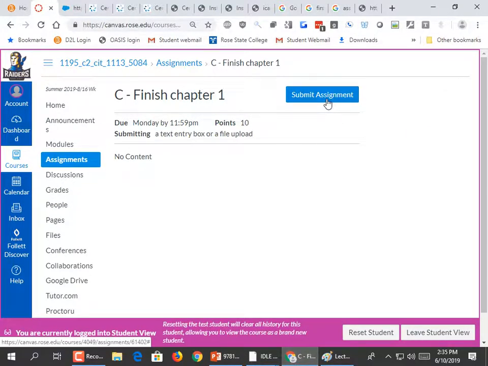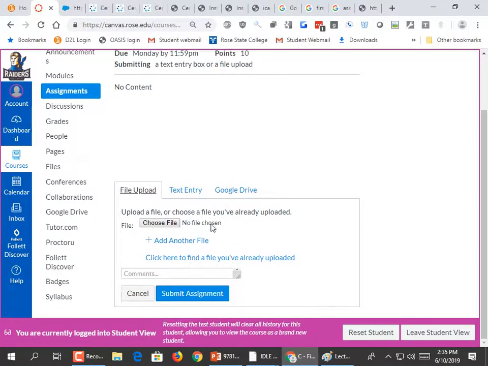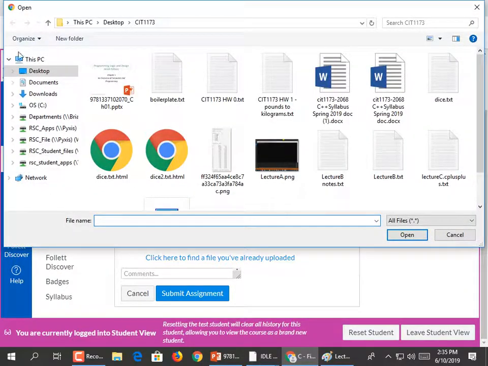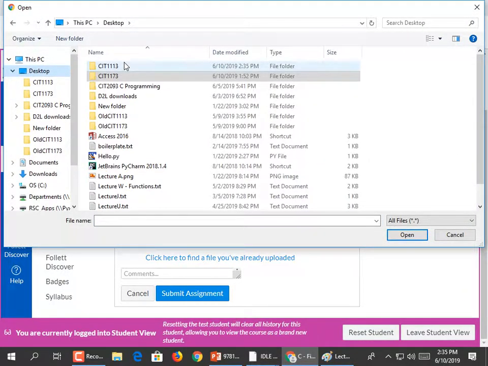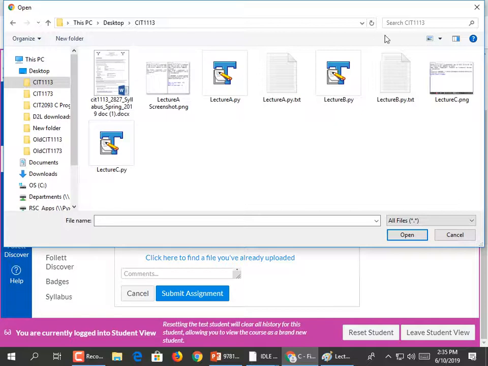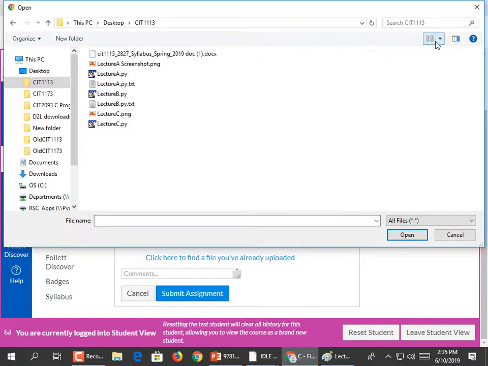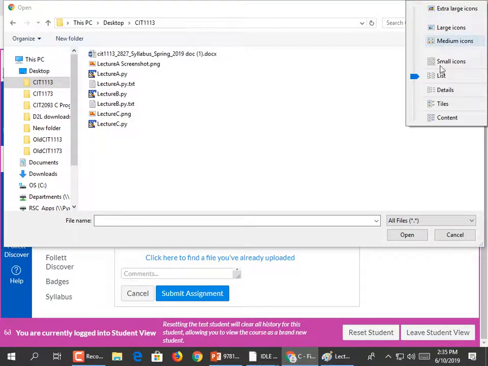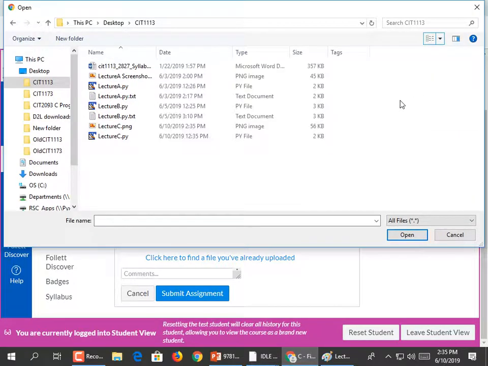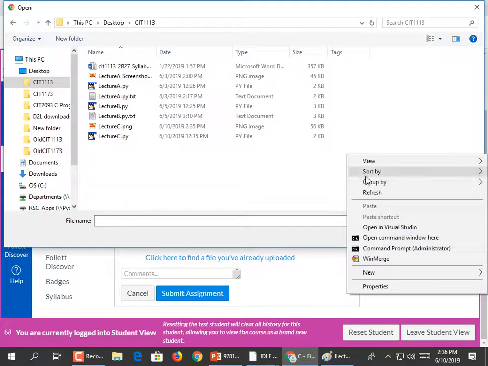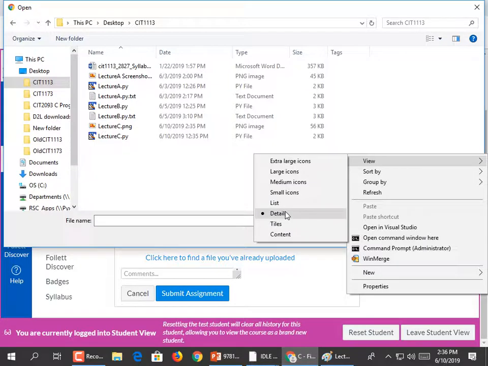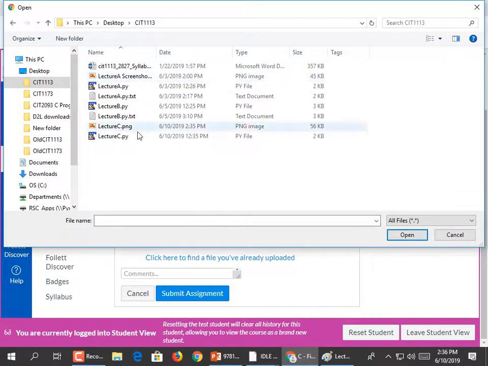So I can click Submit Assignment. I know I'm going a little bit faster than y'all, but y'all are smart. Choose a file. Go to my program directory. I don't like the data being sorted with pictures, so I'm going to click on this little thing here that says More Options, and I'm going to sort it by details. Or I might be able to right-click and do View Details. Then it's real easy. I see my file extensions and everything. I want the PNG, the screenshot,